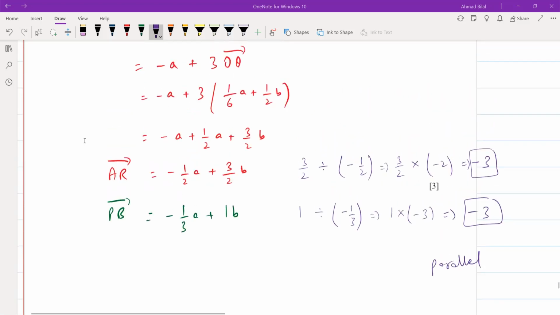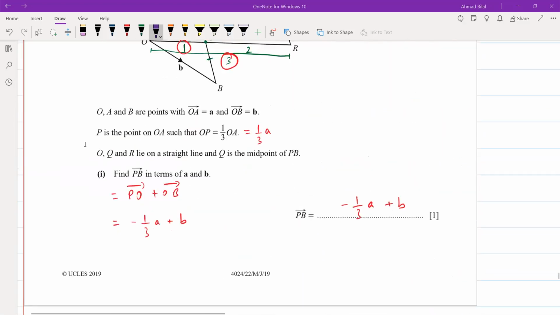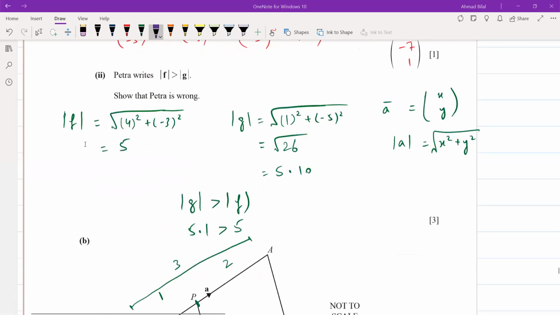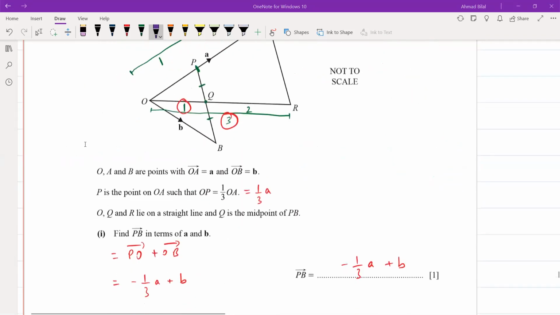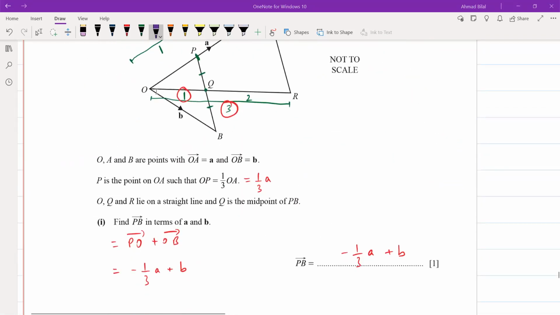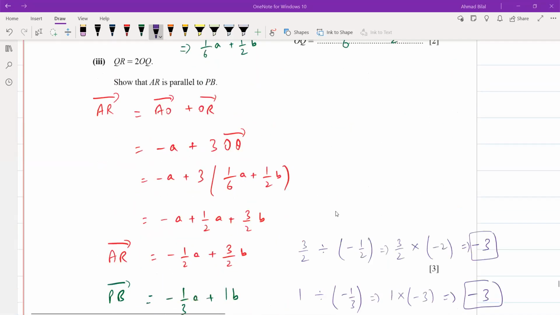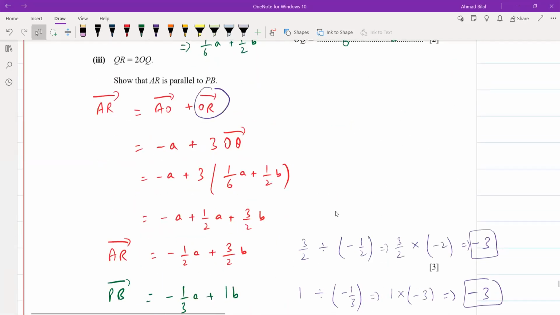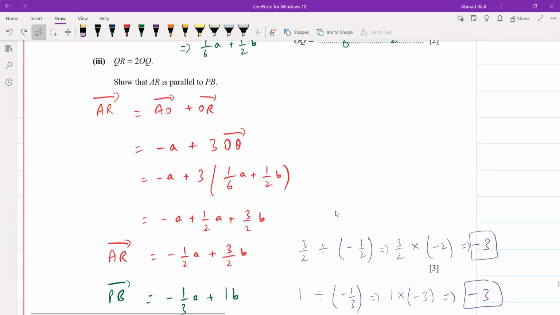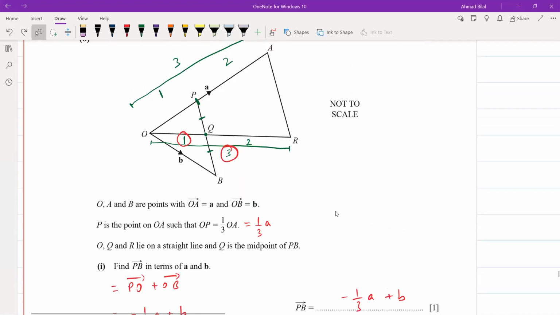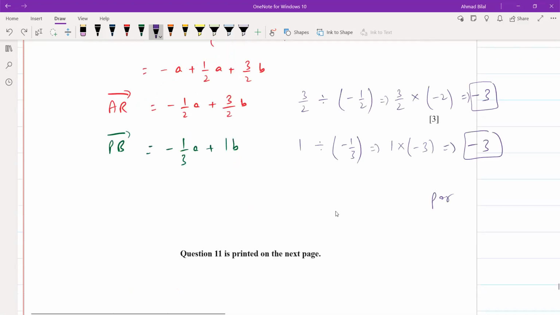Okay, now it was quite tricky, so if there were any questions on this vectors वाले questions में, especially जो रेशियो वाला पॉइंट होता है उसमें आपको थोड़ा सोचना पड़ता है, especially यहाँ पे जो हमने देखा कि ये किस तरह फिगर आउट करना है, OR is basically 3 times OQ, उसको फिगर आउट करना is the key part here। so आपको ये बता था कि ये 1 है तो ये 2 होएगा, इसका मतलब है पूरा जो है वो 3 होना चाहिए, 3 times OQ होना चाहिए, so that's what we use there।